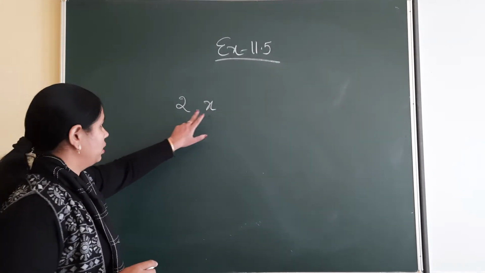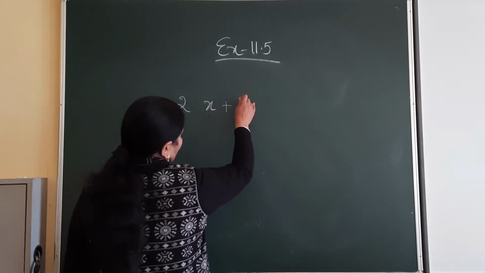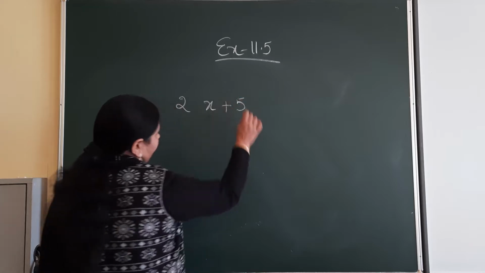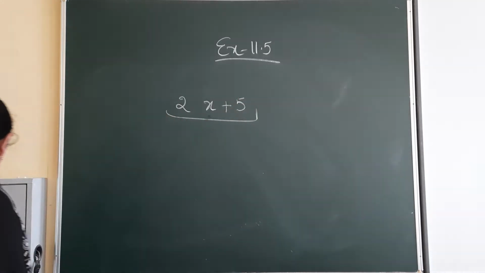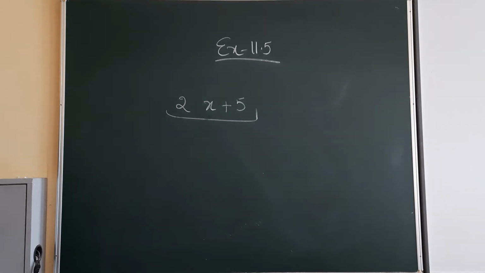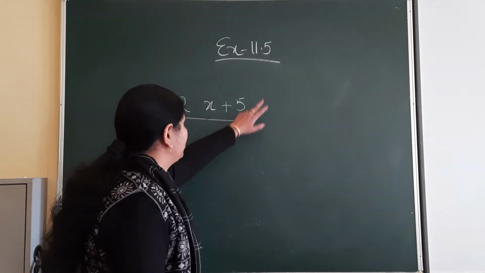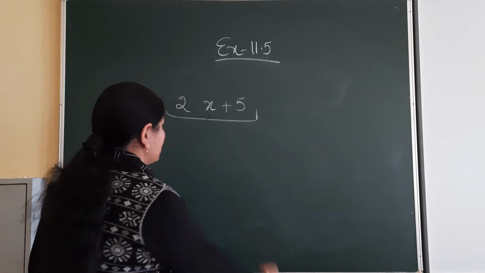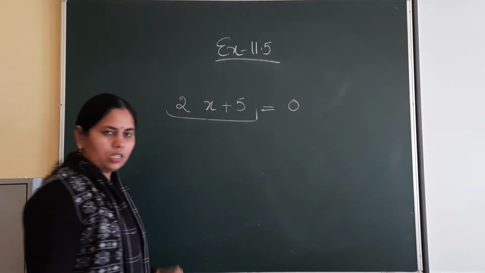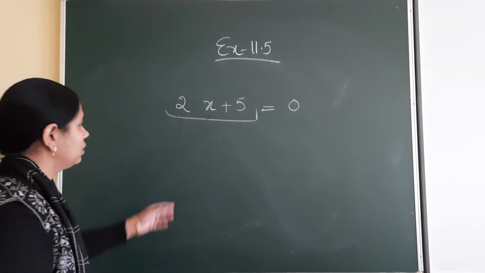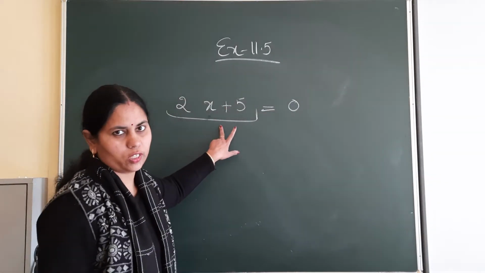Product of both is term, and when term is added to any other constant number, for example 5, so it is called expression, that is algebraic expression. So here we are studying in algebra, this is algebraic expression. Now if this expression is equal to 0 or any other number or any other algebraic expression, that time it would be an equation.